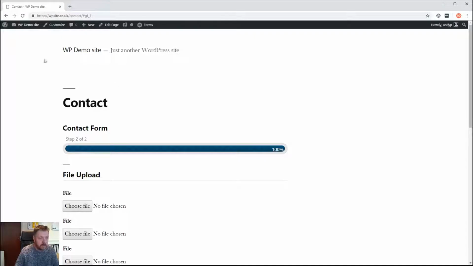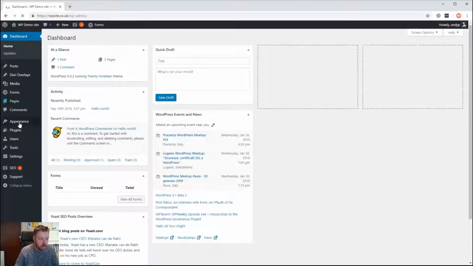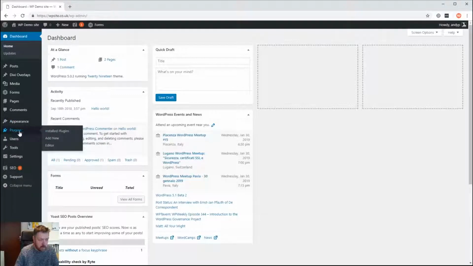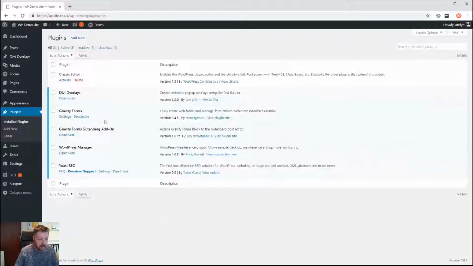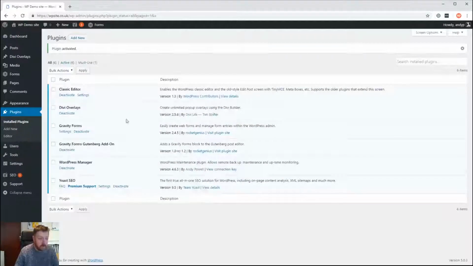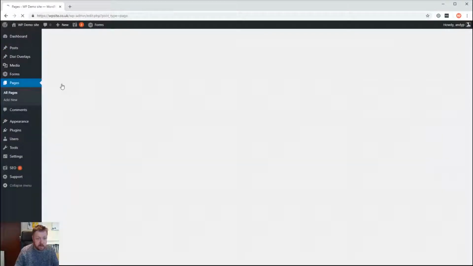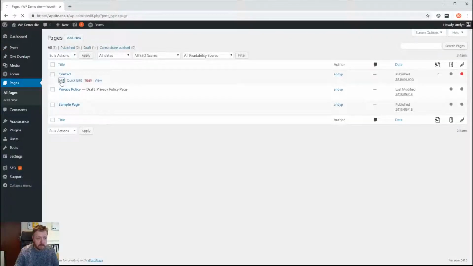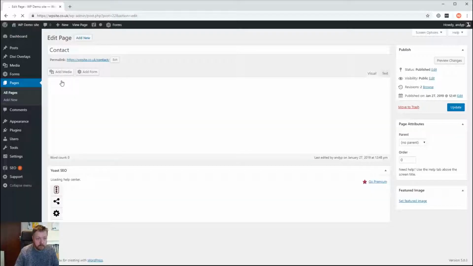The last thing I will show you, I know not everyone is using Gutenberg yet, so if I go into plugins and I'm going to activate the classic editor, so we'll turn that on, which will get rid of the Gutenberg interface. And if we go back into our pages and edit our contact form now,